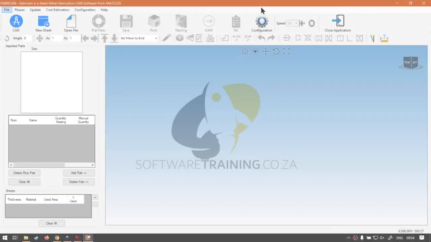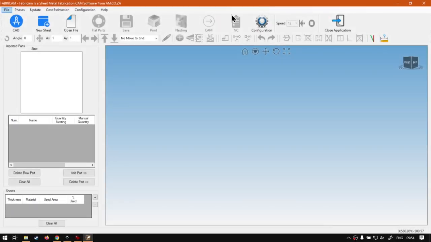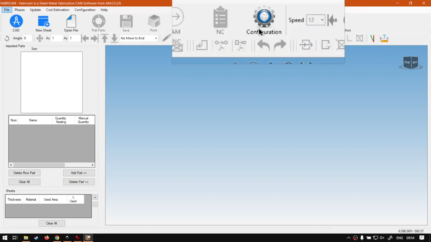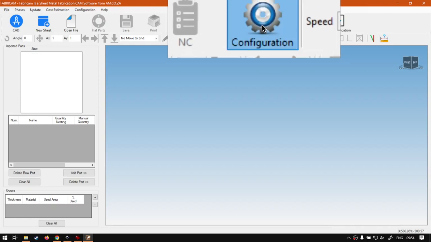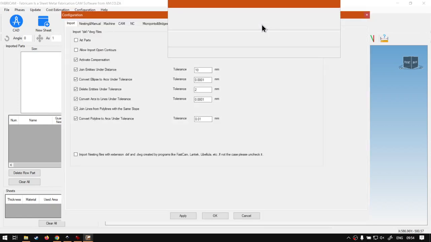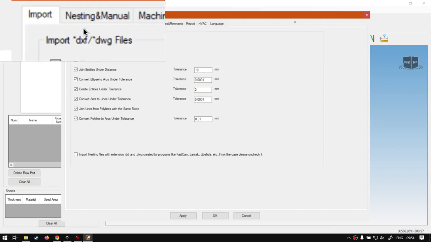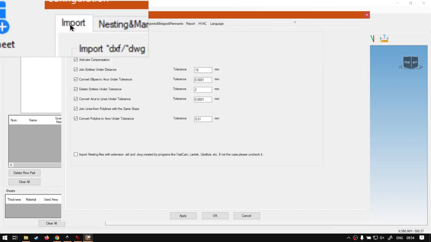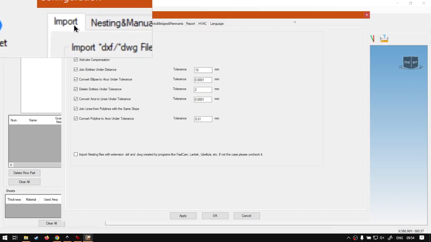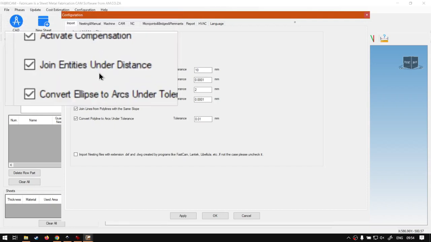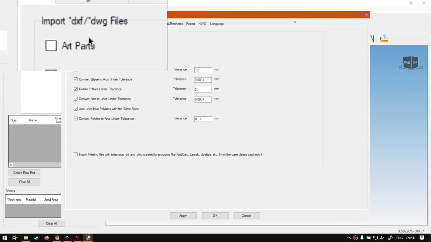Now if we head into the program, just so you guys know, this is going to be a mini series on the import tab found under our configuration feature. I'm just going to zoom in here so you guys can have a look at where this icon is located. So it's configuration. If we click this, it's going to open up our configuration tab or panel, and here's our import tab, which is the first one. As you can see, we've got quite a few different options to look at, but today we're going to be